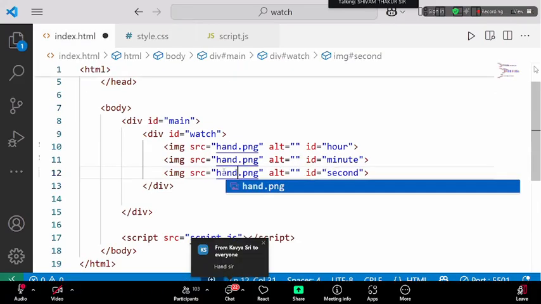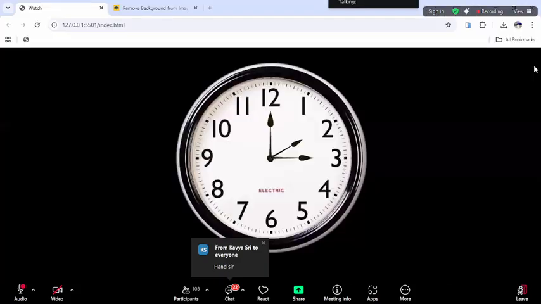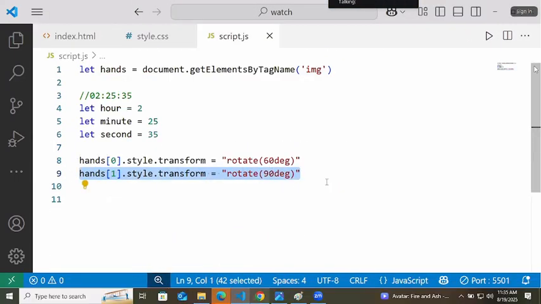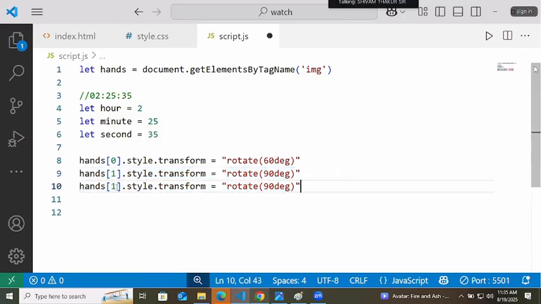Hand.png. Okay, so rotate it also, just to check if it is moving from its center or not. So it will be rotated by 120 degrees.